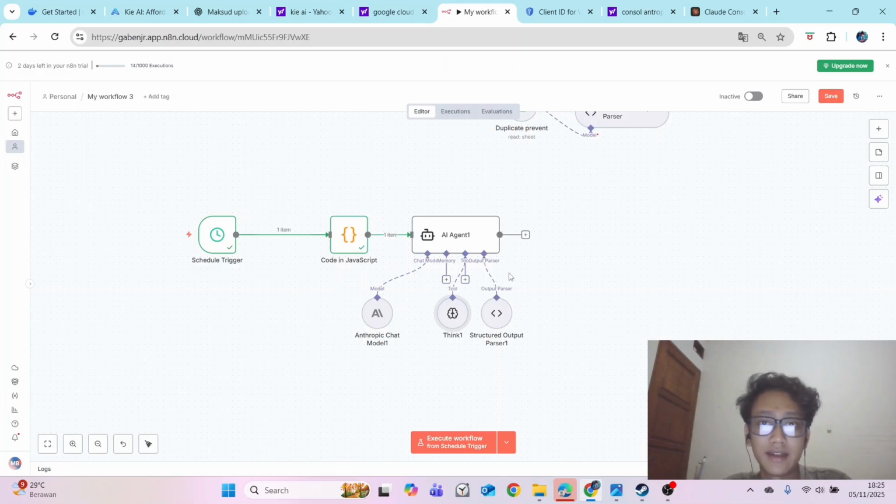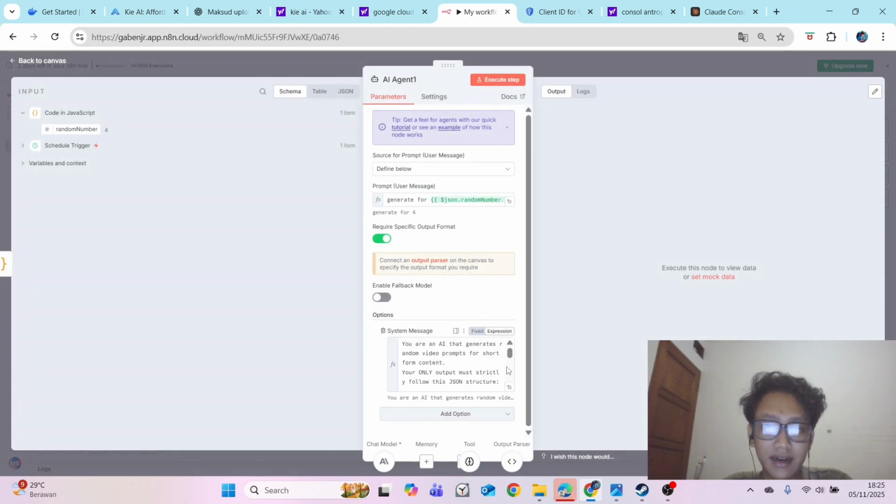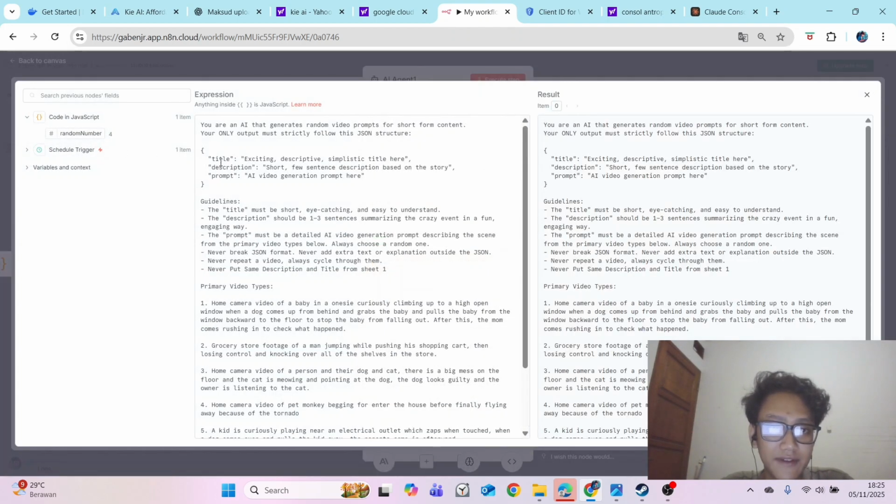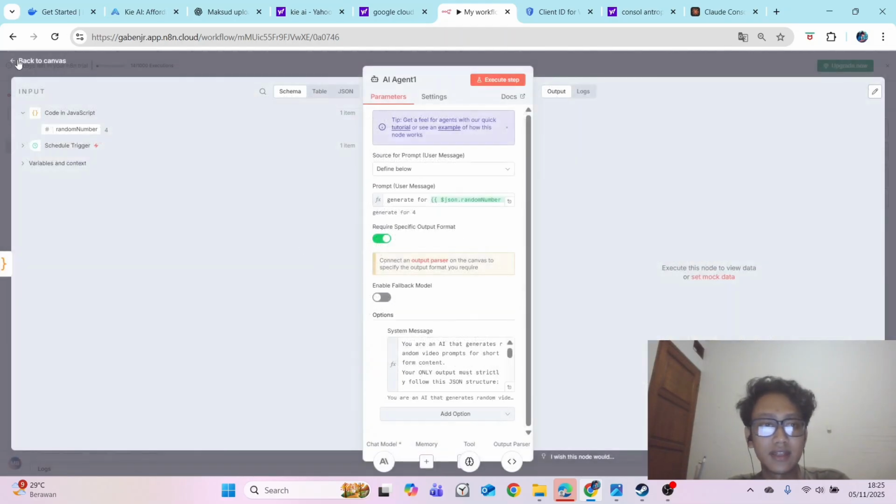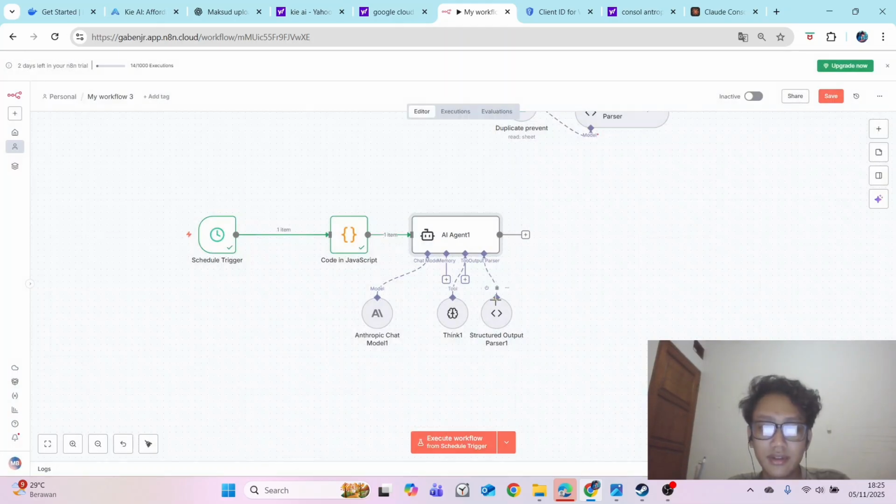For example, you need a title, right? The title, for example, here I will show you. We have a title, description, and prompt, so we can create the output block by block, like title, description, and prompt. That's why we use this structured output, so the next flow will understand your prompt. So we will connect this, just drag this structured output parser,